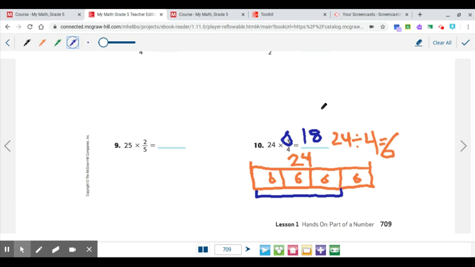Okay? Good luck on this today. Check in with your teacher and let them know if you need help. We'll also connect another video on here that'll help you in case you need that too, okay? But really, you just take it piece by piece by piece. And remember, you're drawing a model